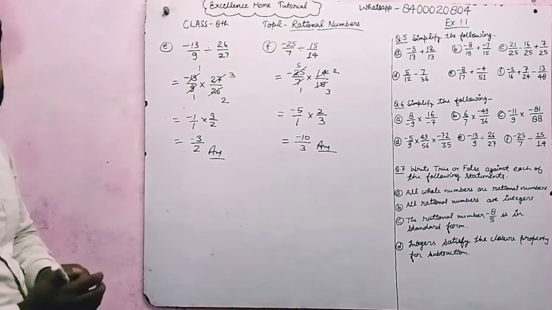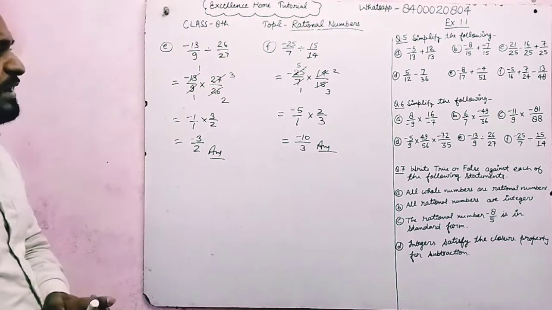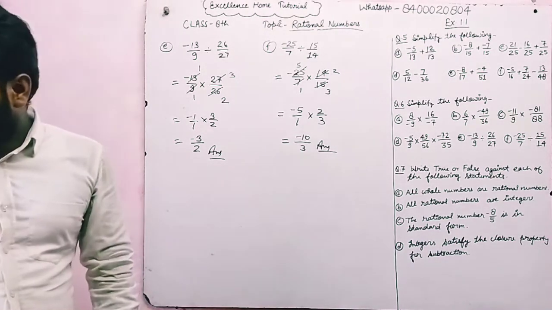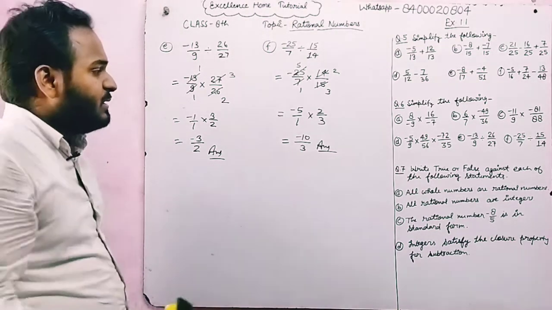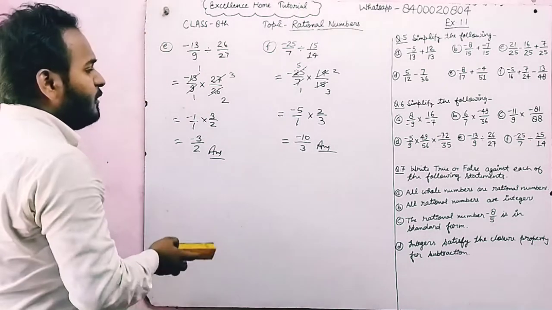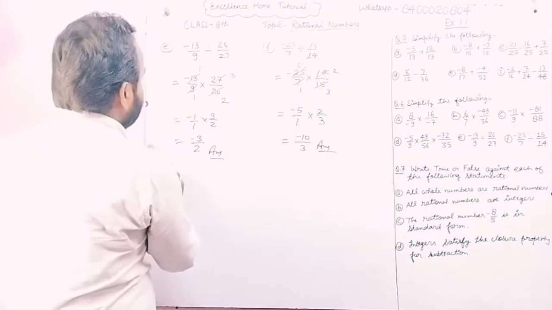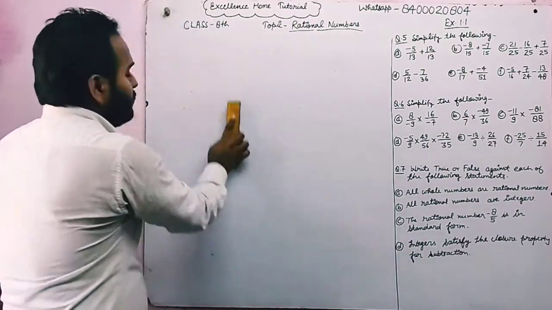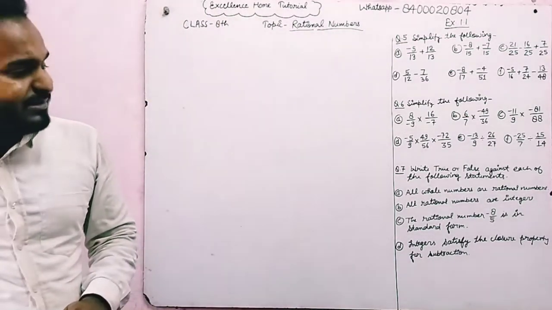Okay, it's a very simple question in which addition, subtraction, multiplication and division are solved. Question number 7. In this, we have to write true or false against each of the following statements. Let's move on. Question number 7, section A says that